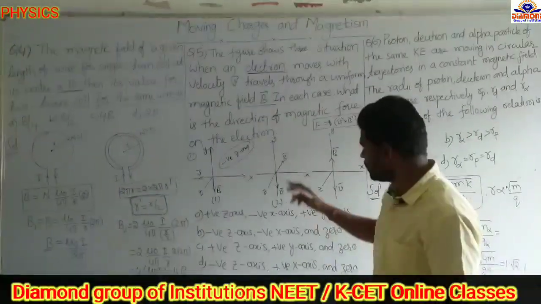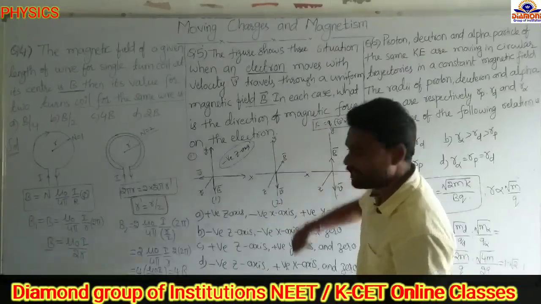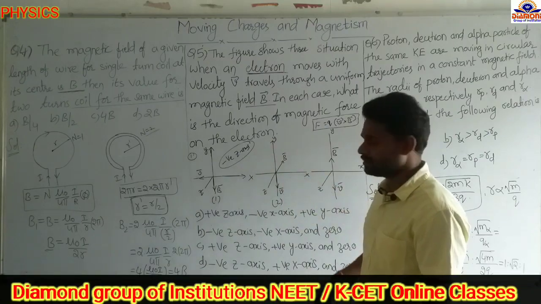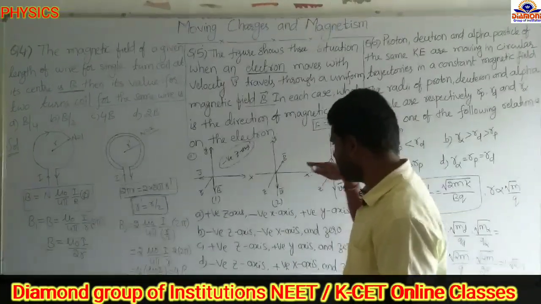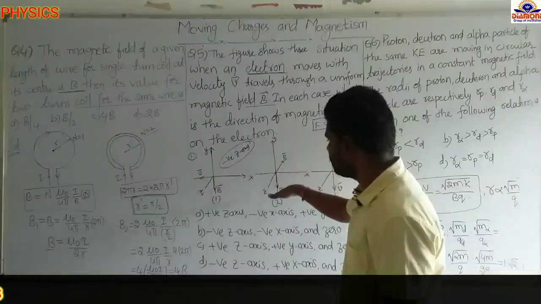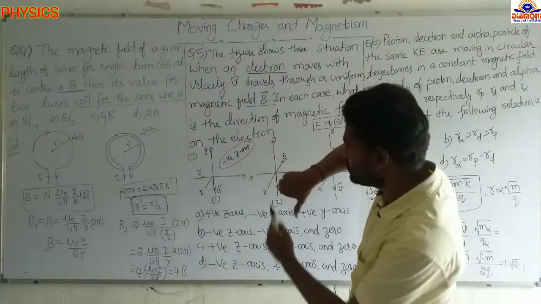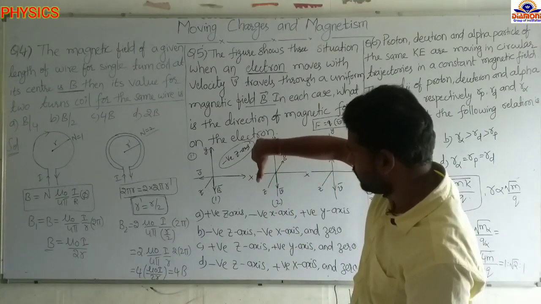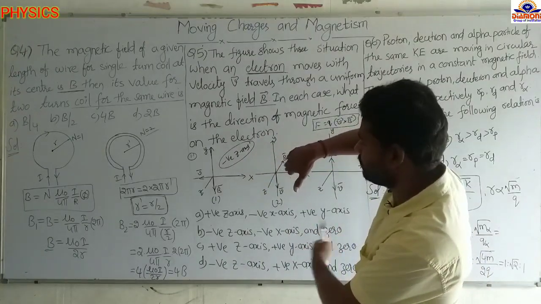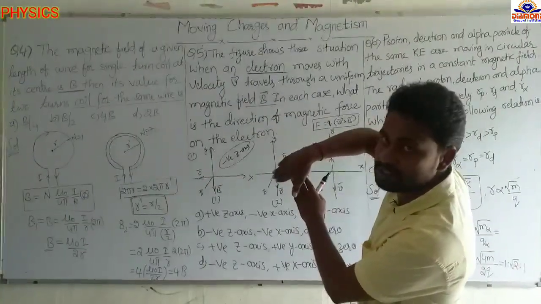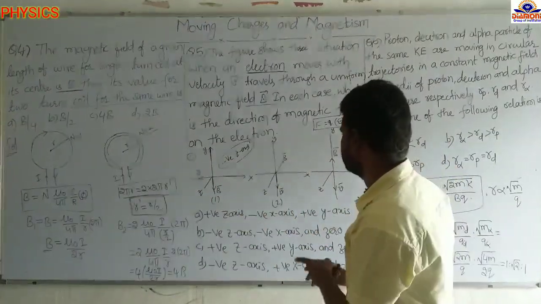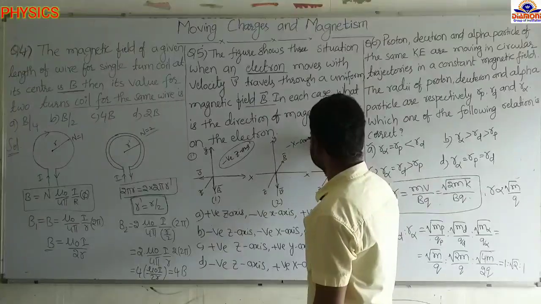Okay, same way we have to check here also. Now B bar is inside, negative z axis, and V bar is along the negative y axis. Fingers toward the negative z axis and the particle is moving in the negative y axis. So z shows this direction for the magnetic field, and the electron is moving in this direction. Force is in this direction, which means positive x axis. This force is on the positive particle, but here they gave the electron. So force is on this side, and this side is nothing but the negative x axis.